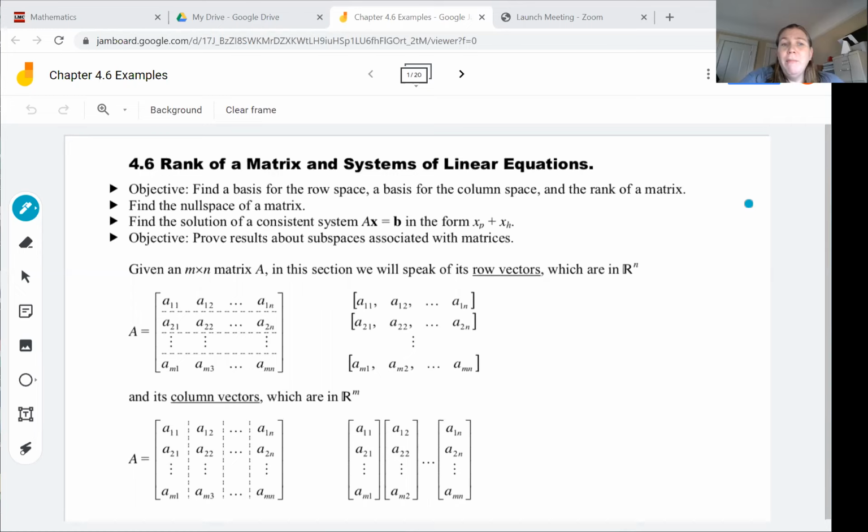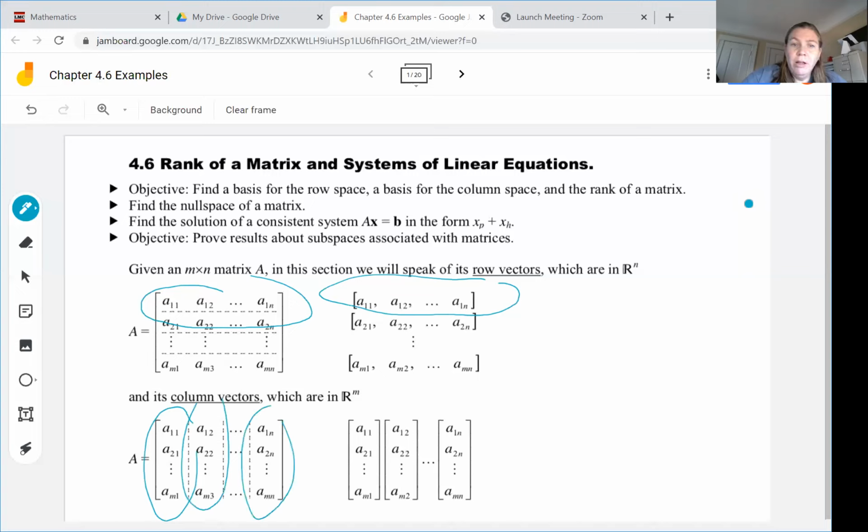So given an m by n matrix A, in this section, we will speak of row vectors, which you can see here are the rows divided up into separate vectors. So in this example, the first row A11 through A1n is now a separate vector, through the last row being the mth vector because there are m rows. And then the column vectors, which correspond with the columns of the matrix. So we would have